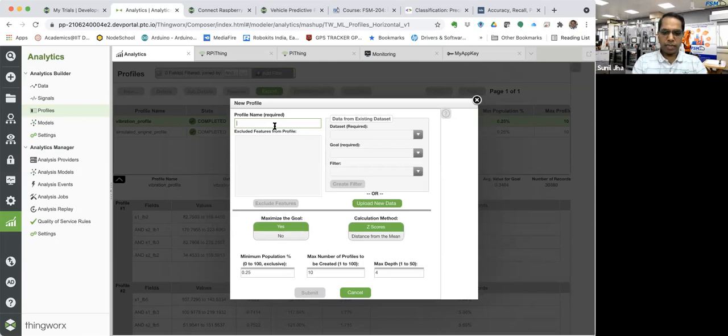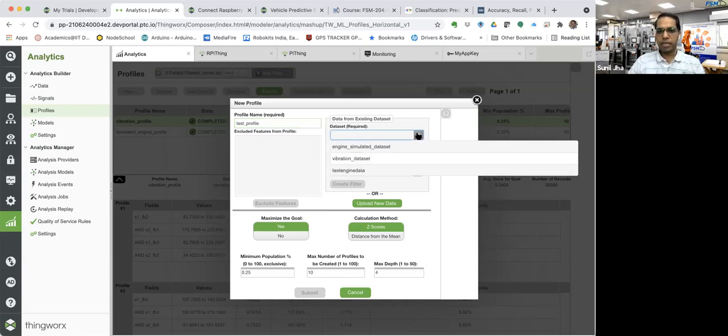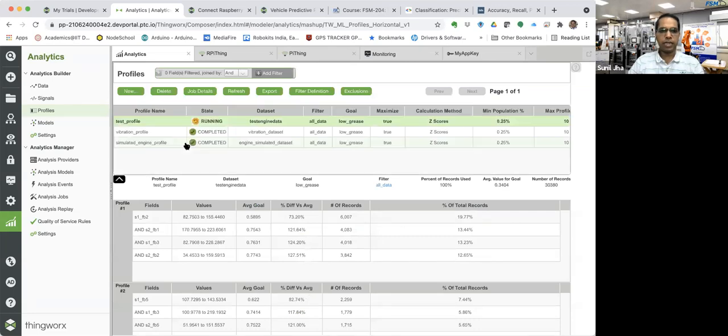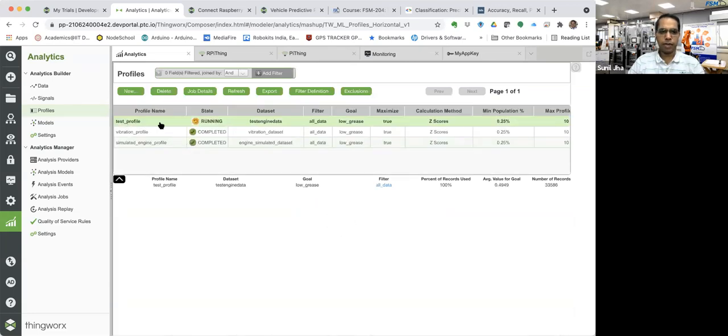I will call it test profile. And you will again be selecting the test engine data as the data set. The goal is to predict the low grease here, and the rest of the conditions I'm not changing. So I will now create a new profile, which is a test profile.